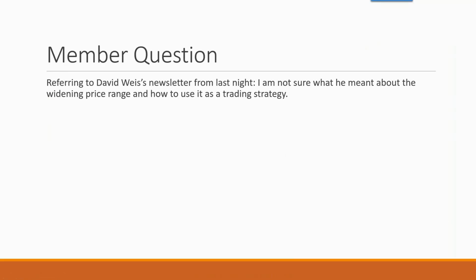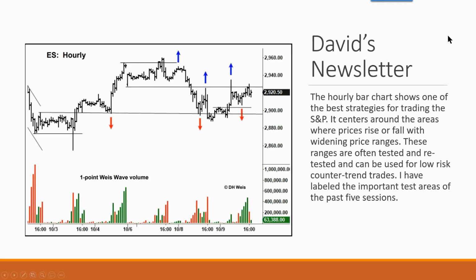So a member sent in a question actually this morning or yesterday. I saw it, so I thought I'd try to address it. He said, referring to David Weiss's newsletter, I'm not sure what he meant about the widening price range and how to use it as a trading strategy. So in David's newsletter from, I think, last night,